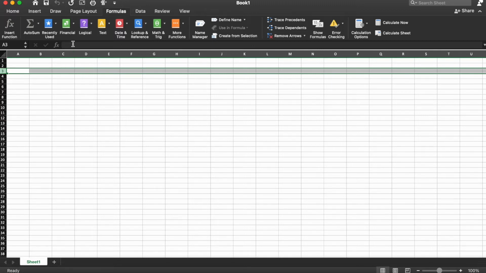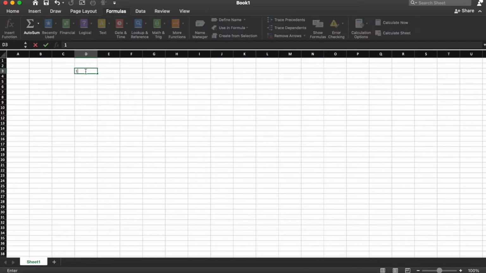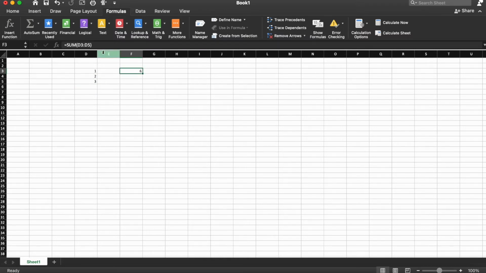Next, we're going to look at the formula bar, and the formula bar is really where all the magic happens in Excel. And the important thing to note with the formula bar is that if the cell has a value in it, the formula bar up here will just show what the value is. If you have a formula, so for example, we'll do sum, the formula bar shows you what the formula is as opposed to the value. So if we throw in 2 and 3, we see that instead of the value 6, we see the formula that we entered into the cell F3.